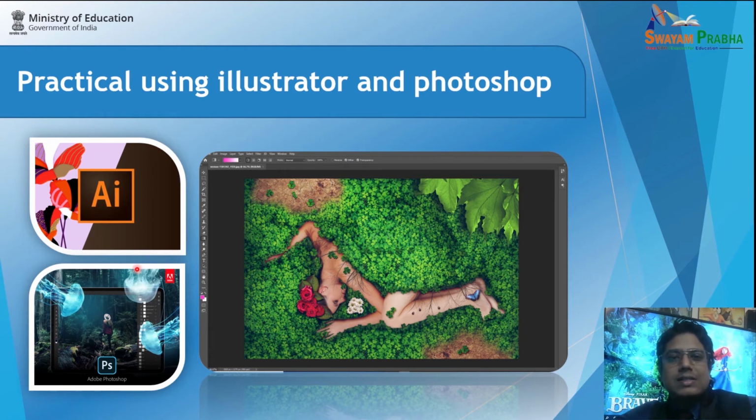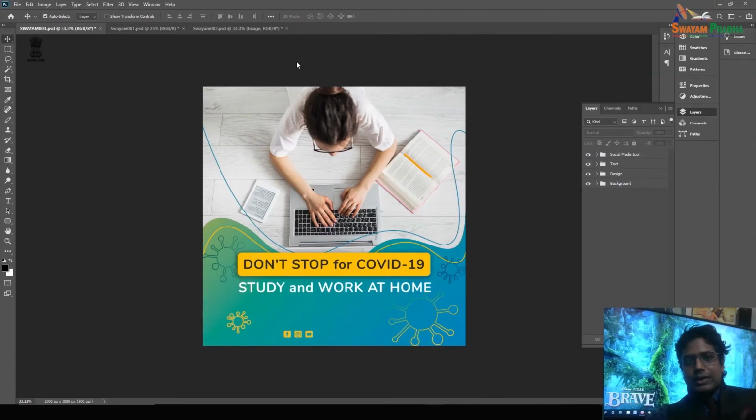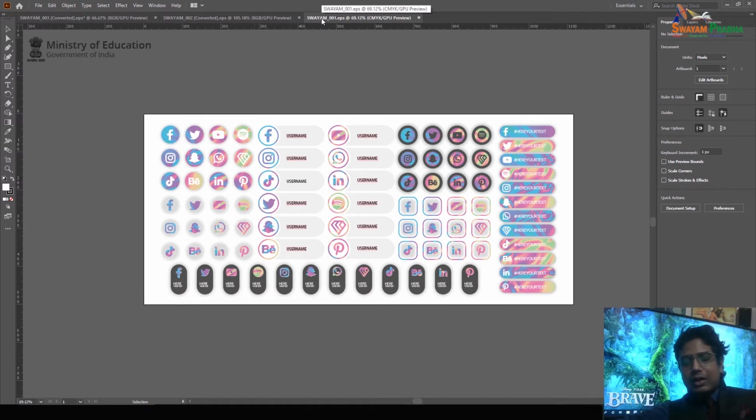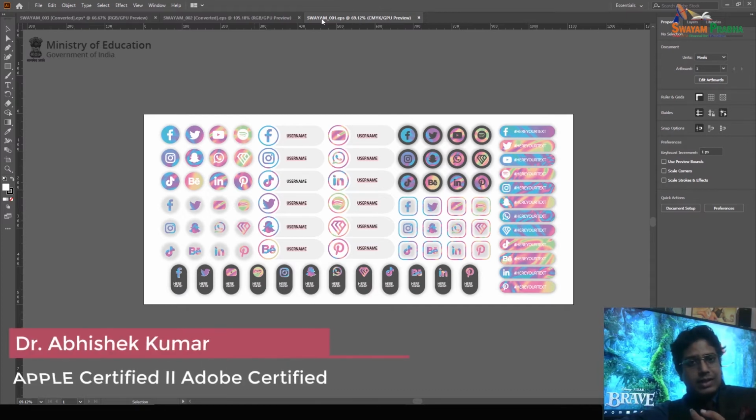So easily you can understand vector graphics and raster graphics in more detail, right? So let us switch to the applications and have a look at how effectively we can work with these applications for vector graphics and raster graphics. So here you can see the graphical user interface of Adobe Photoshop. As I discussed earlier, in this session we are going to cover vector graphics and raster graphics, right? So this is Adobe Photoshop, and here you can see Adobe Illustrator, right? As we discussed earlier, Adobe Illustrator is vector based graphics. So what is the difference between vector and raster?